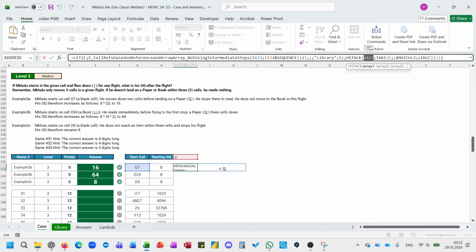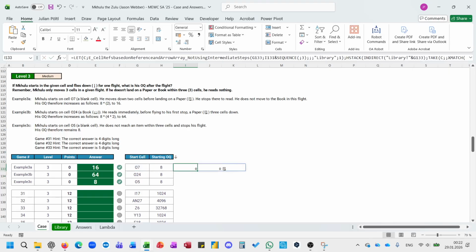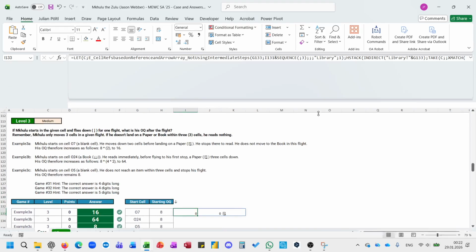INDIRECT of starting cell. INDIRECT library and this, and then